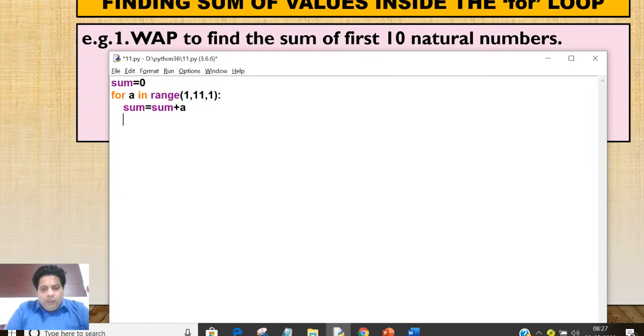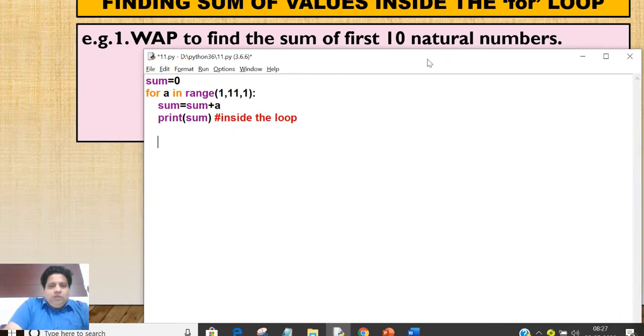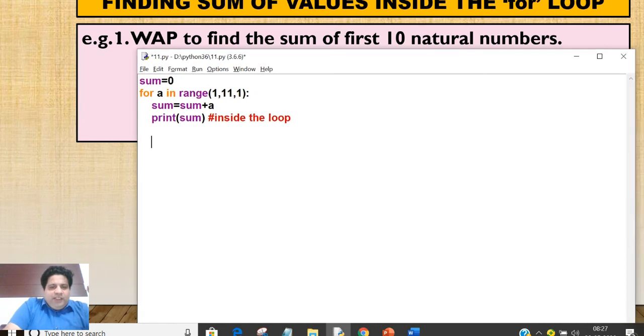Now you have to decide whether you have to write print sum inside the loop or outside the loop. Keep this in mind that whatever statement you write inside the loop will be executed multiple times. So you decide whether you have to write this print sum inside the loop or outside the loop. How will you decide? The logic I told you.